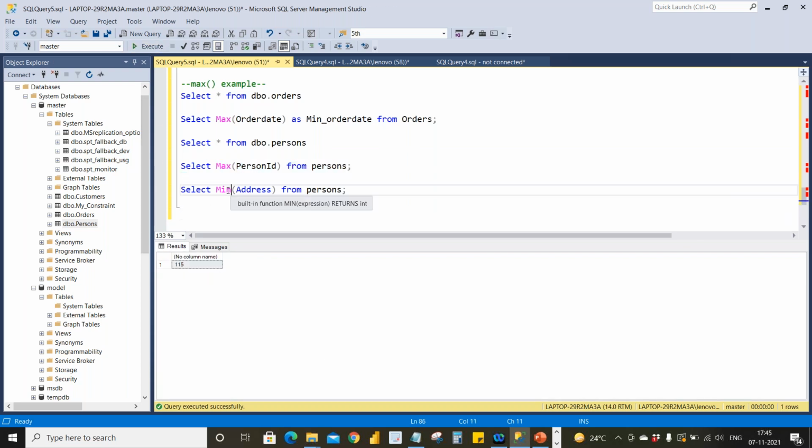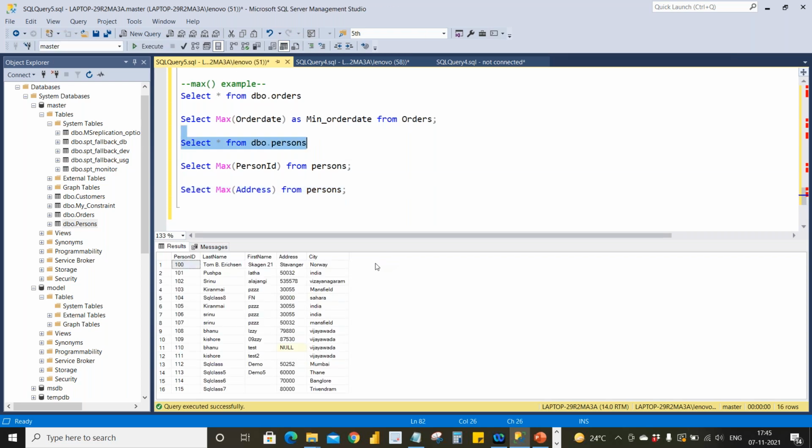And the maximum address is Stavanger. It is taking the character length 1, 2, 3, 4, 5, 6, 7, 8, 9. So this address is having 7 characters, Stavanger. Other than that, everything is having less than 7 only. That's why it's taking the max of addresses like this.